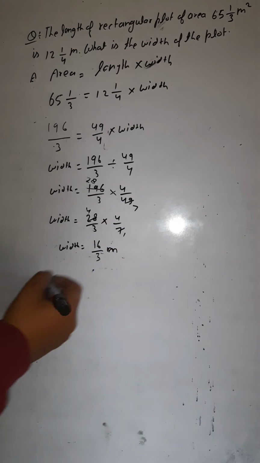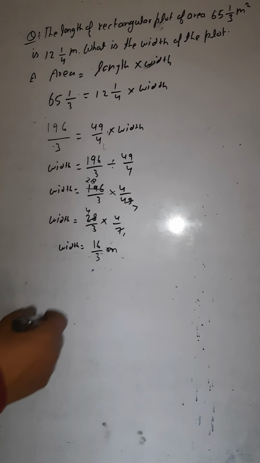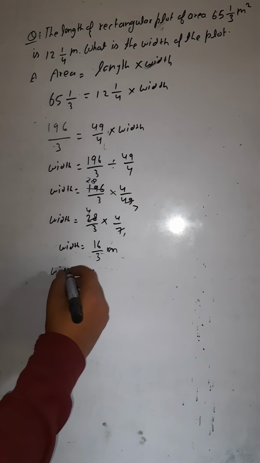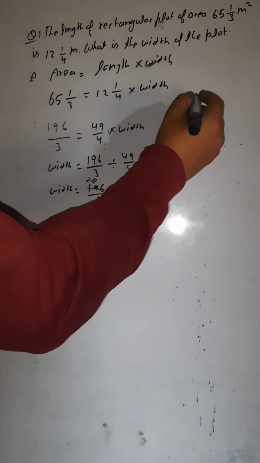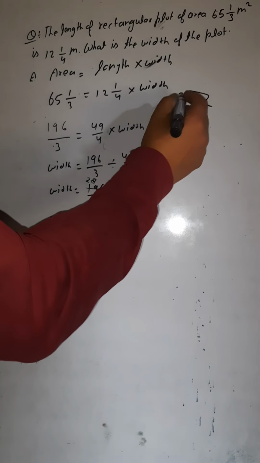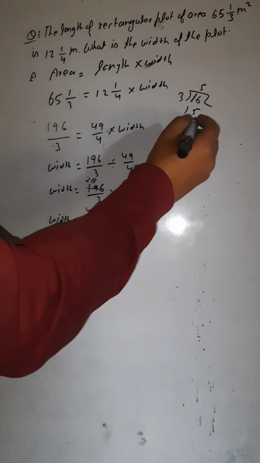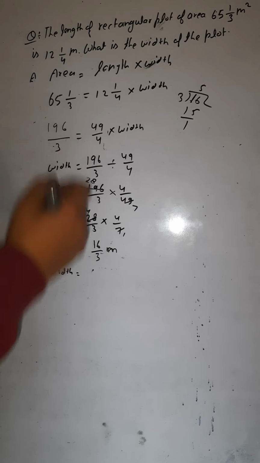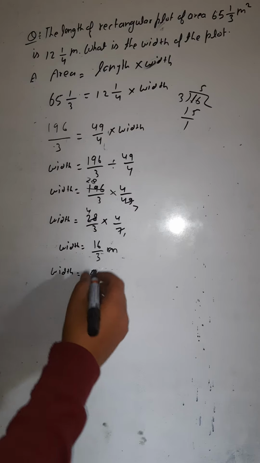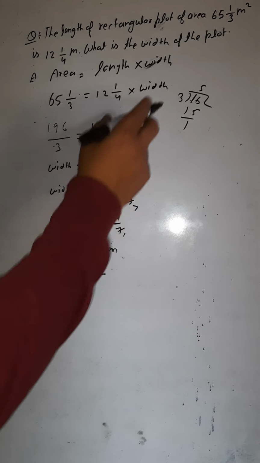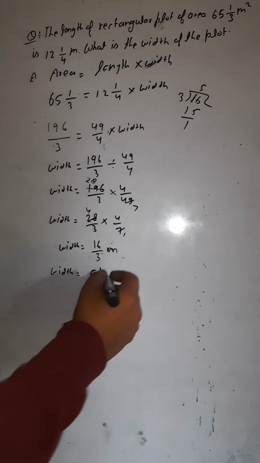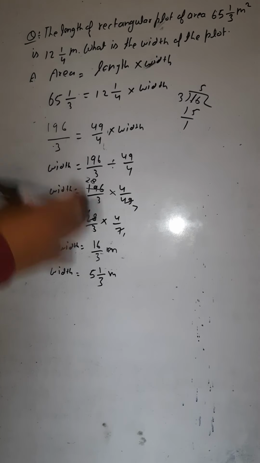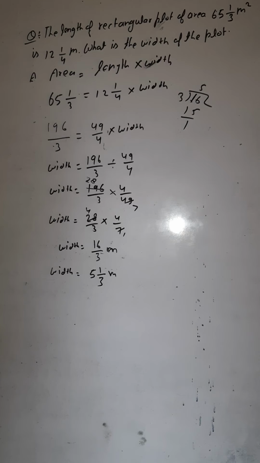This is an improper fraction, you can change it into the mixed fraction. So if you are changing it into mixed fractions, you can write how many times it is divisible. If you are dividing this 16 by 3, it would go 5 times. 3 5 is 15 and 1 is the remainder. So quotient is 5, you would write it here. Remainder is 1, write it up. Divisor it downside there. Okay, so answer would be 5 whole 1 by 3 meter. So this would be the width of the rectangular plot. Okay dear, just note it down.